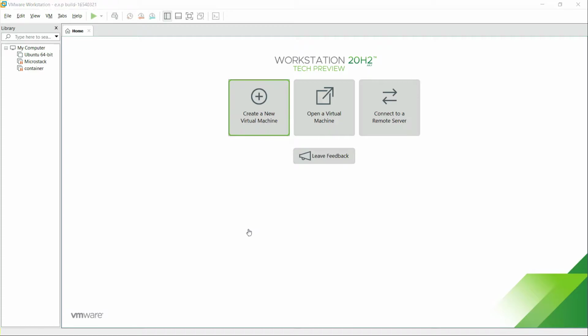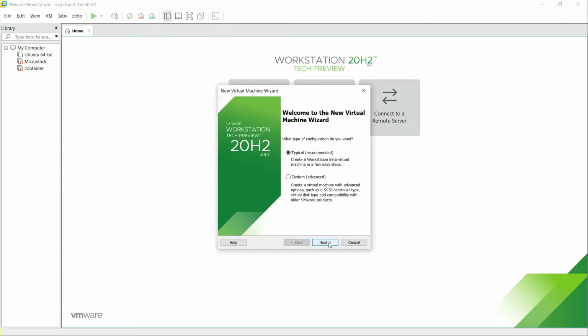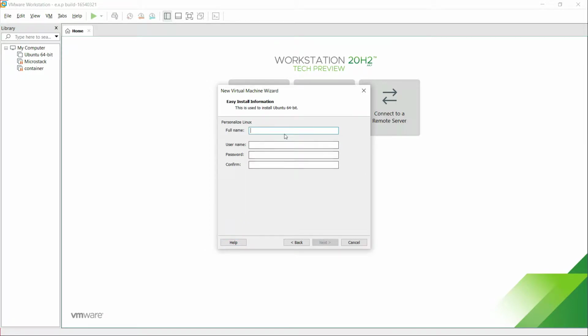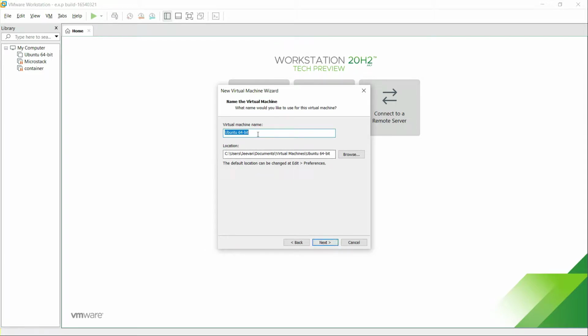First we need to create a virtual machine. I will be selecting the typical one. Click on next. I have already selected the Ubuntu 20.04 ISO image, so let it be. Then click on next and give the name as MicroStack, and let the username be G1 and the password be admin and admin. Click on next, and the virtual machine name will be